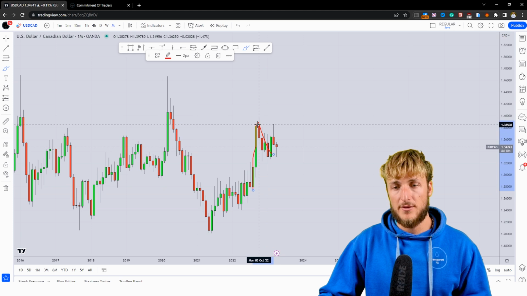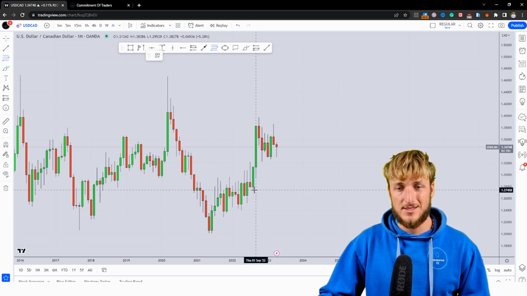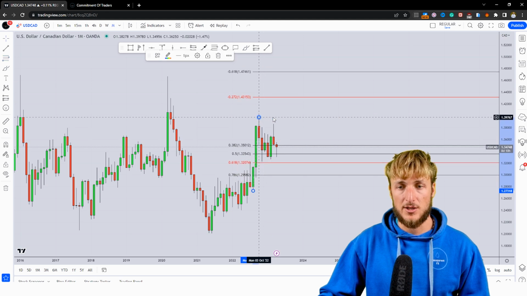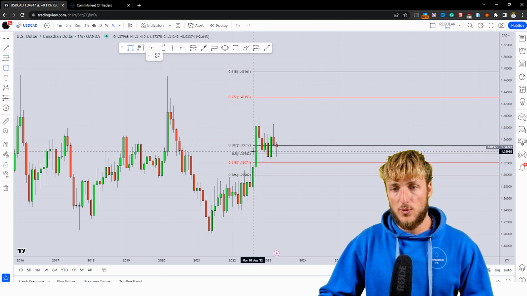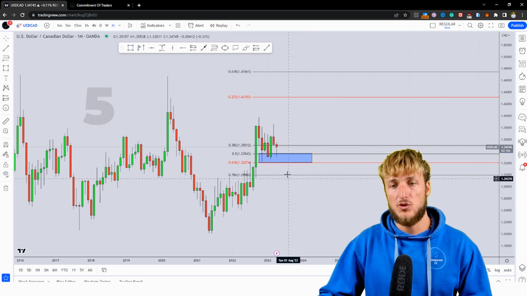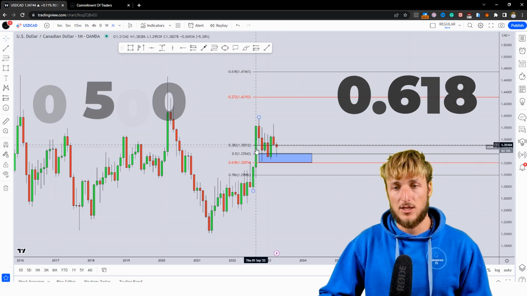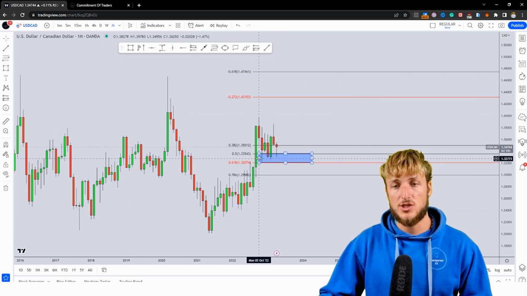Now, in general, after an impulse, if you want to measure the correction, what we have to do is take our Fibonacci from the low to the high of the impulse leg. And if we do that, we can see how the market has just retraced exactly to the zone that is in between the 50% and 0.618 of the Fibonacci taken on this monthly impulse, which is a quite strong level